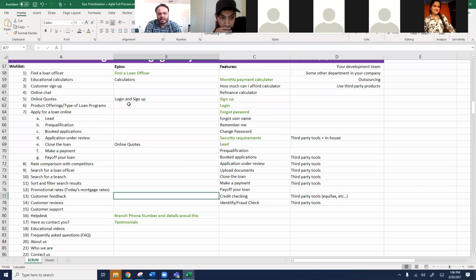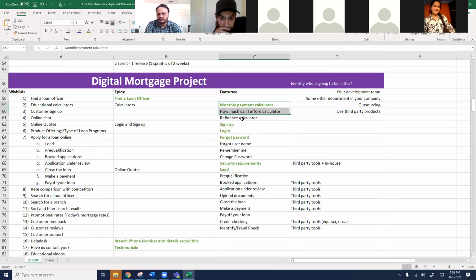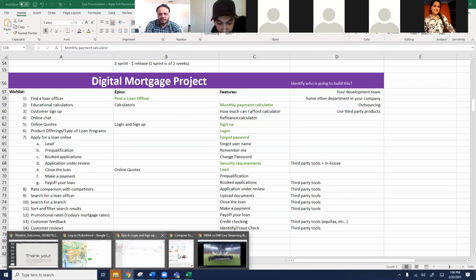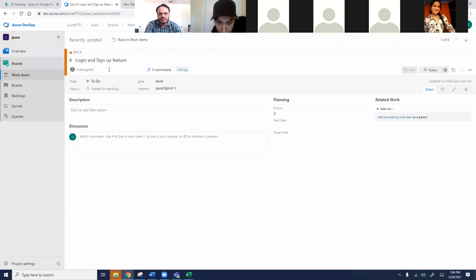So if calculator is an epic, you have to create 3 features, like this: monthly payment calculator, how much can I afford, and refinance calculator, right? So these are features. So for this class perspective, I'm going to assume that issues